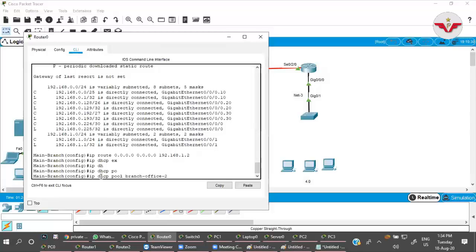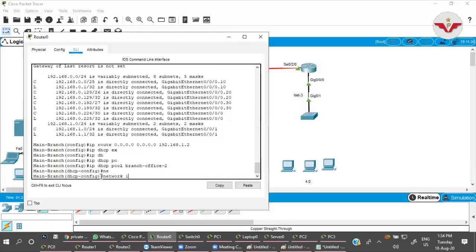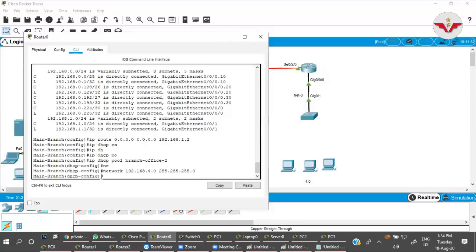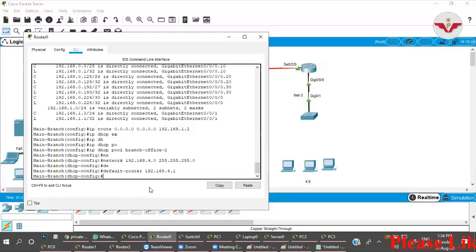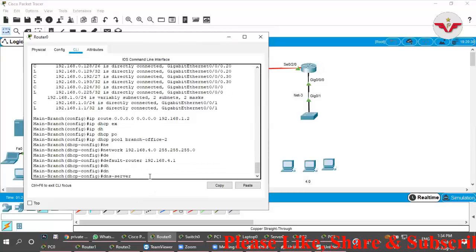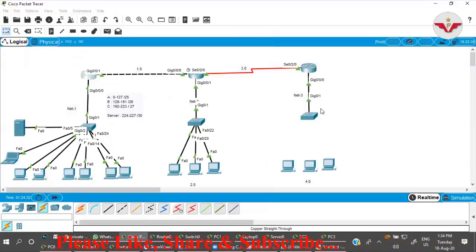The network running there is 192.168.4.0, and the default router would be 192.168.4.1, meaning the default gateway for that network is 4.1. DNS server 8.8.8.8. That's it.